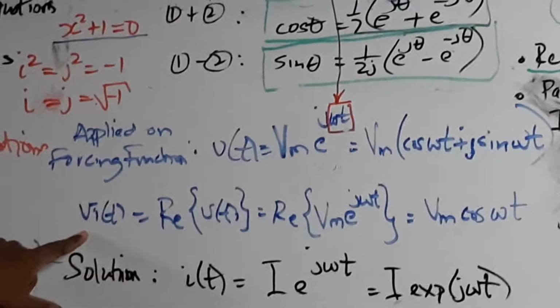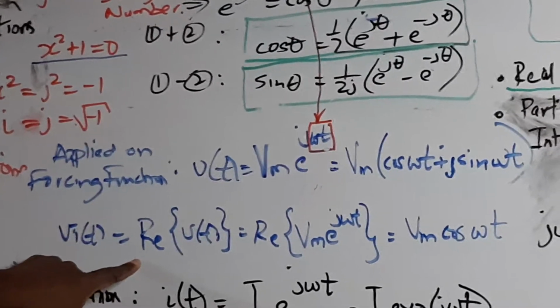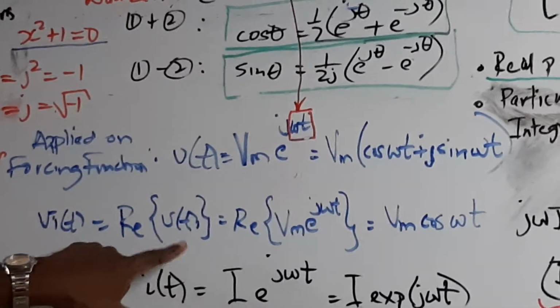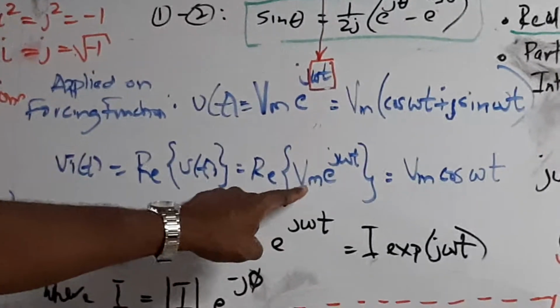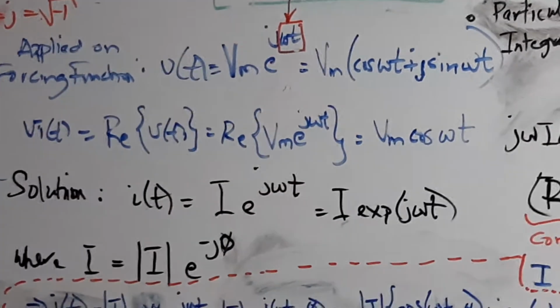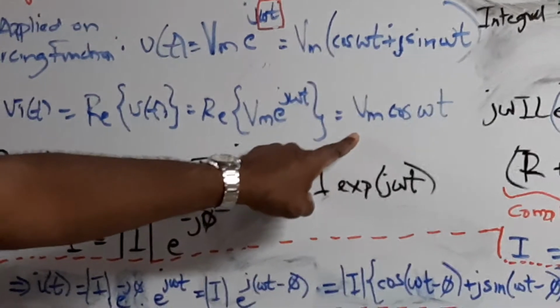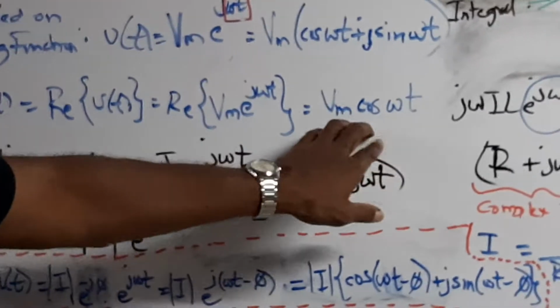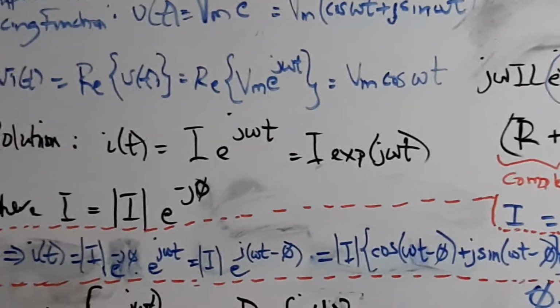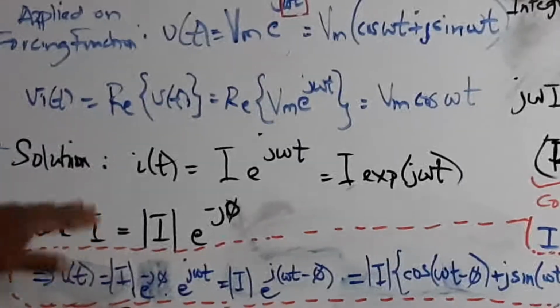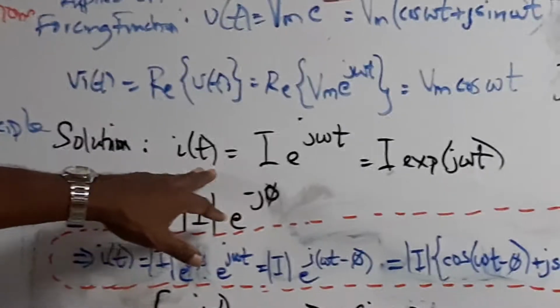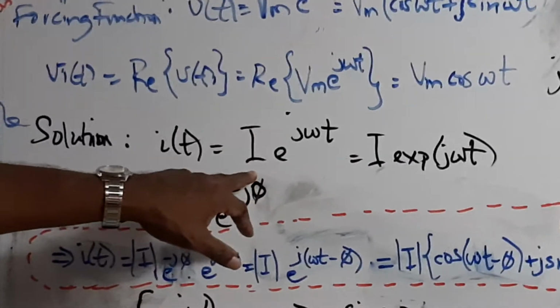Now, V1 of t takes the real part of v of t. So it must be the real part of your forcing function, and the real part of that is your cosine component, Vm cos omega t. Now the solution will be of the form i of t equals capital I e to